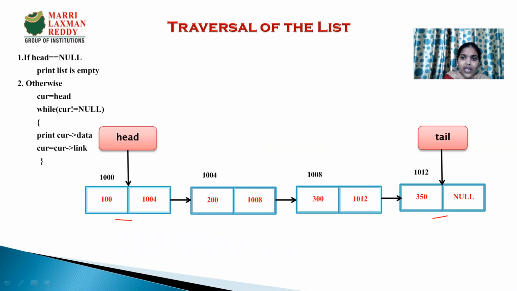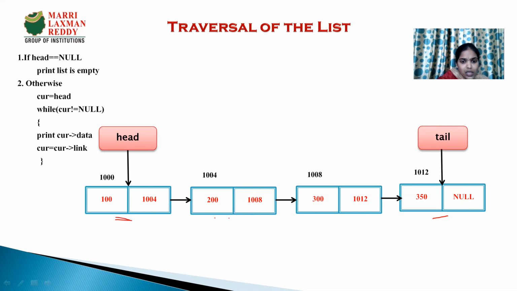And where do we use this traversal operation? After the creation of a single linked list, if I want to display the data I have uploaded onto the list, I cannot see directly what is stored in the memory. So I need to display it on the screen. For this, I use the traversal operation. It is nothing but displaying the data, and also moving from one node to another node.